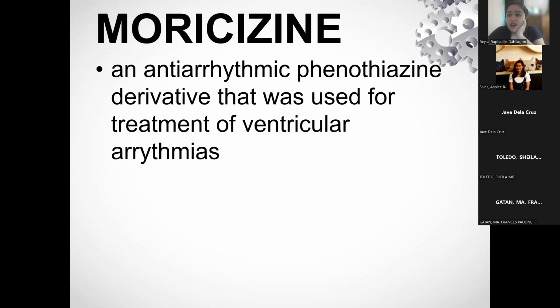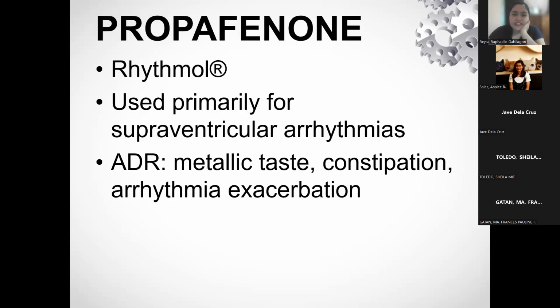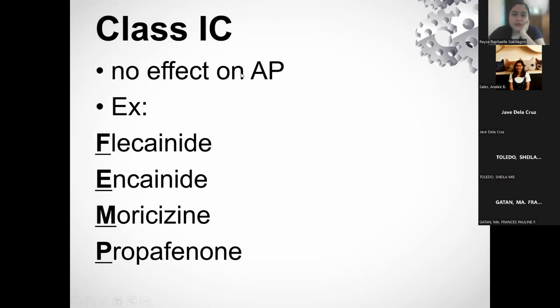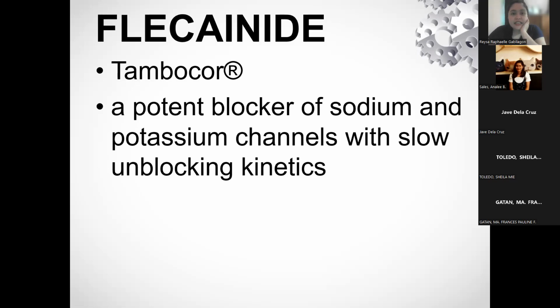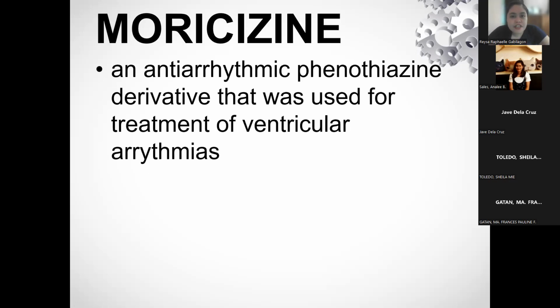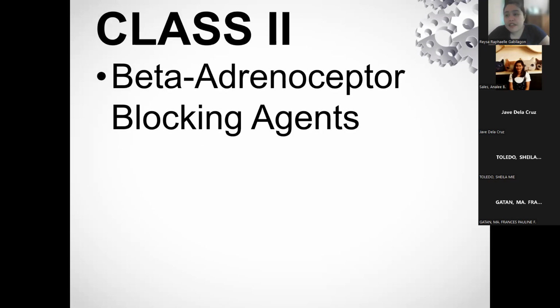So this time, this is on the ventricles. So we have the following drugs. What has not been discussed? Encainide. Encainide and flecainide share the same activity. You can see that in their names. They belong to the same classification, thus they have the same use, and most likely they have the same effect